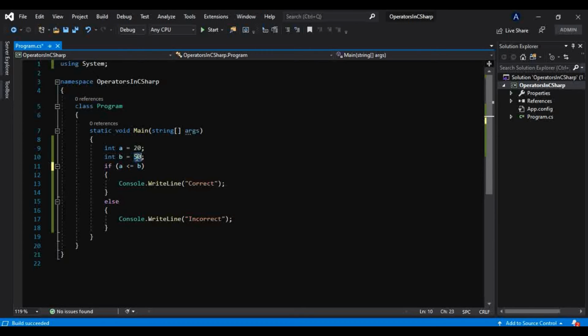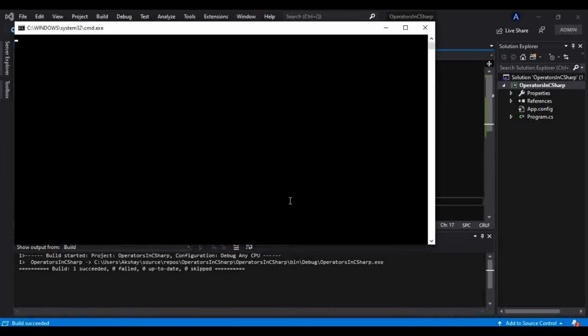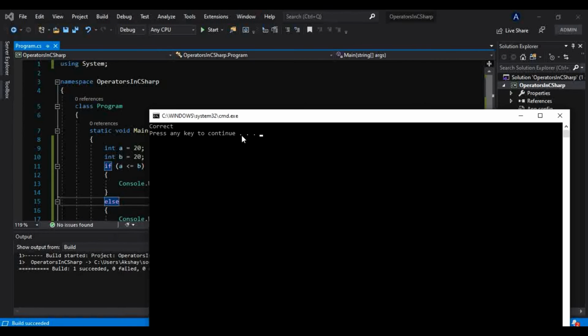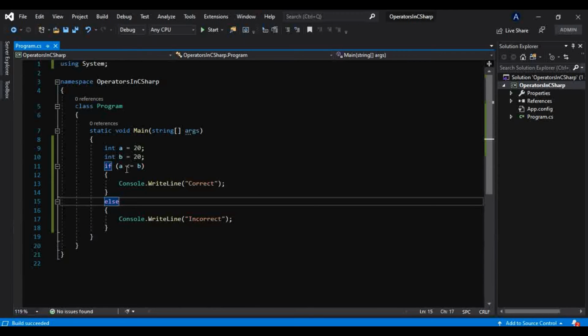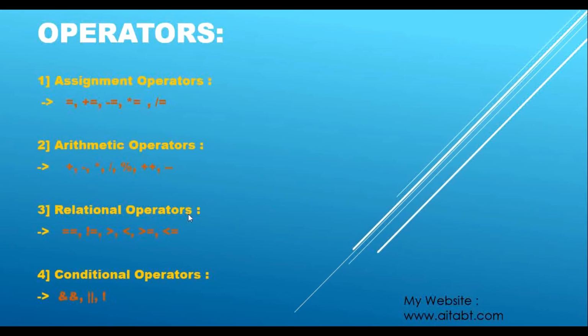Now we take 20 and it returns true, so it prints correct, because it is not less than b but it is equal to b. It chooses either condition. Those are relational operators, also called comparison operators.